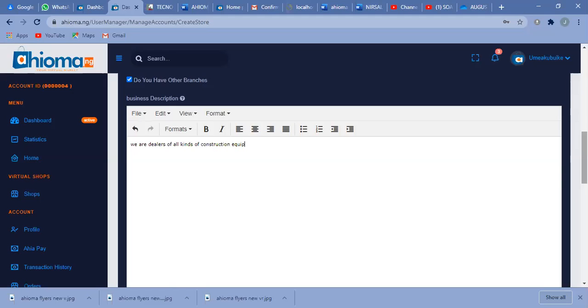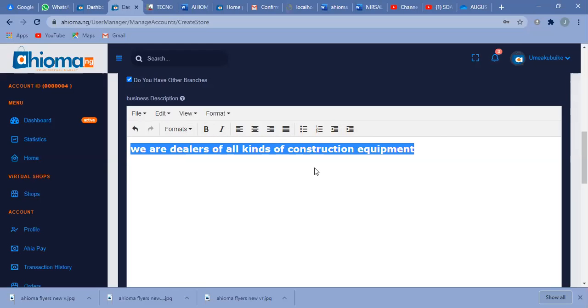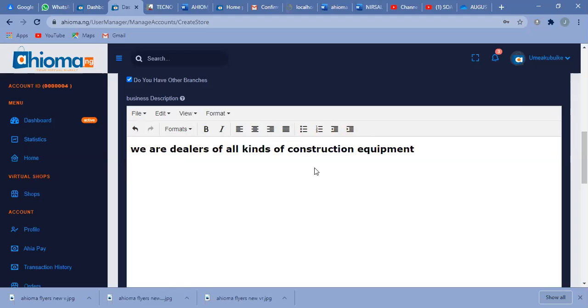Okay, equipment. Now I could style this a little bit because this field is a bit flexible, unlike the other fields. Let's say I want it to appear bigger. So we are dealers of all kinds of construction equipment. Let's say I want to add options. Let me go for bullet. Swimming pool equipment,